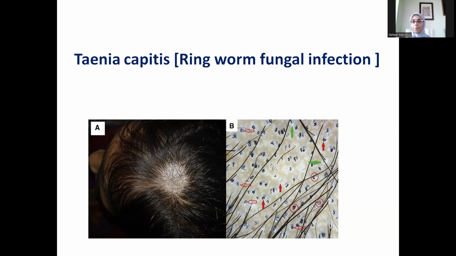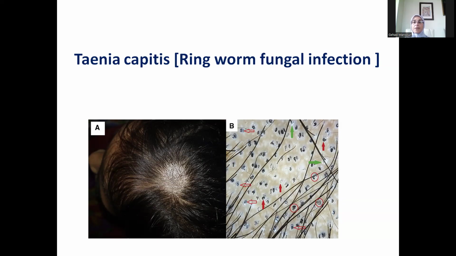Then I would continue in the present history. I analyzed the present complaint, and I asked about associated symptoms like itchiness, like redness, like heat at the site. I asked about the location of the lesion, and then I would ask about any treatment received,